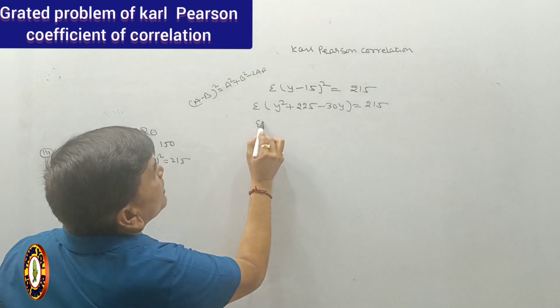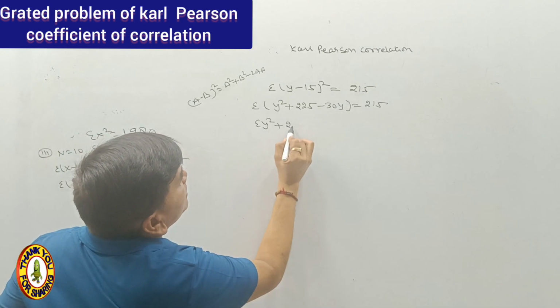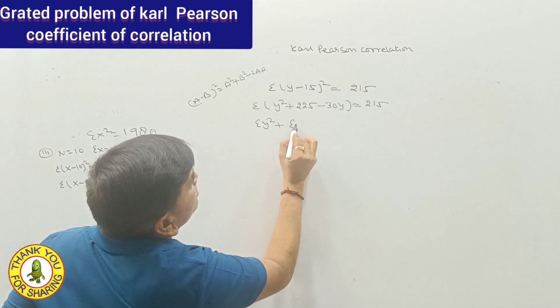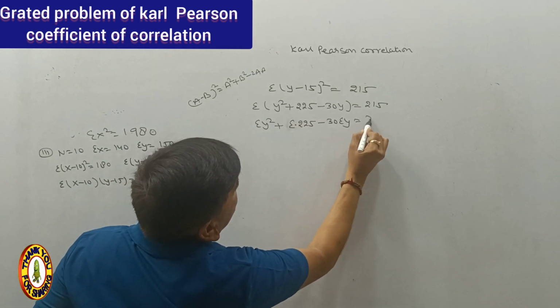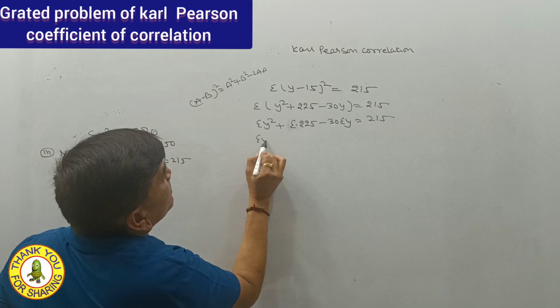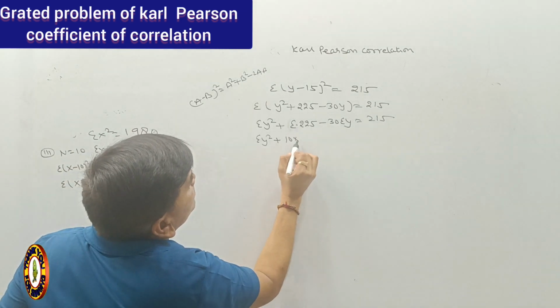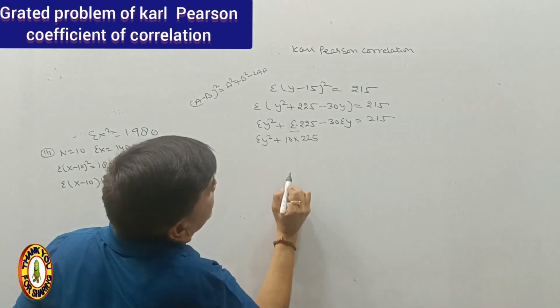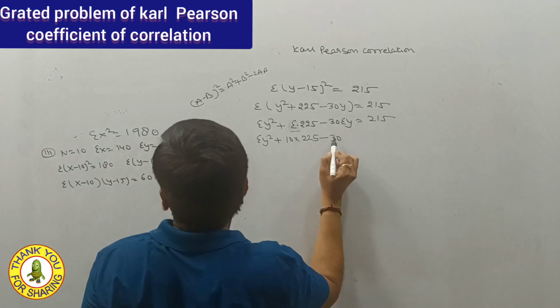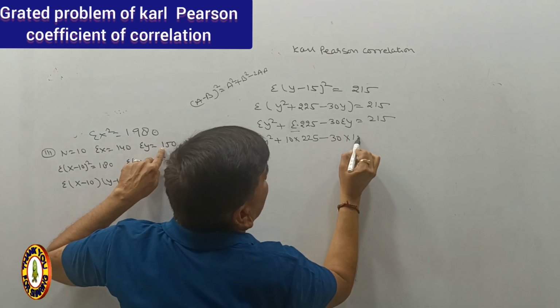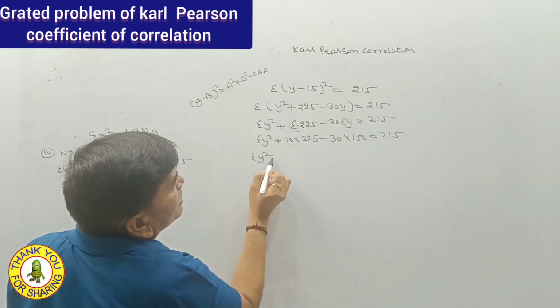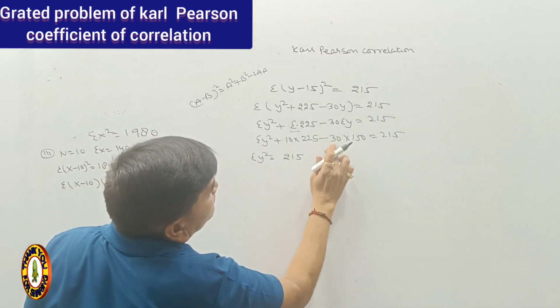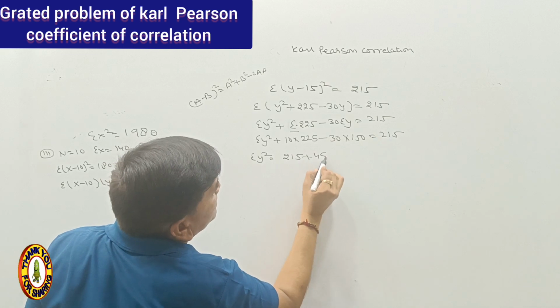So sigma y square plus 200 sigma guna 225 minus 13 sigma y, that is 215. Sigma y square plus 10 into 225, value of sigma is 10, minus 30 sigma y, sigma y is given 150, that is 215. So sigma y square is equal to 215. This will go to this 4500